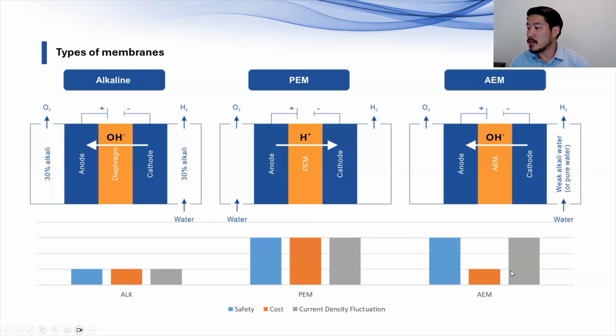And then also in terms of fluctuations, it's able to withstand those fluctuations as well that we talked about earlier. Okay, so following this simple diagram, there's an absolute case for the use of AM. Yes, exactly. A lot of companies are trying to look into that, and we've created our own AM and continually try to improve it as we try to bring down the cost of hydrogen and make it widespread.